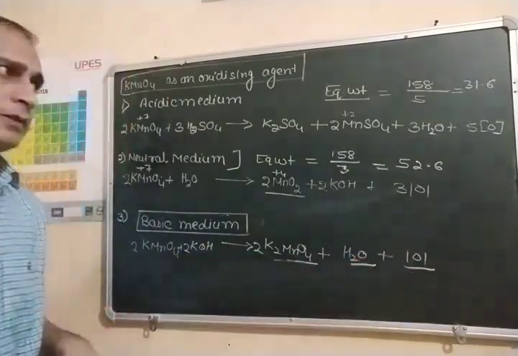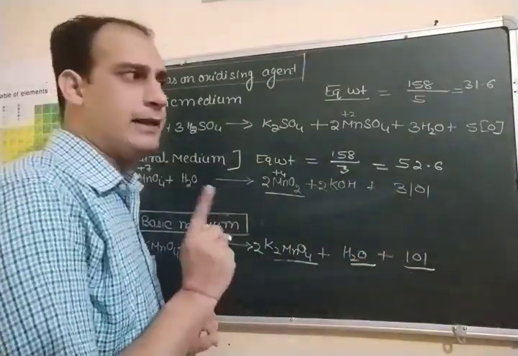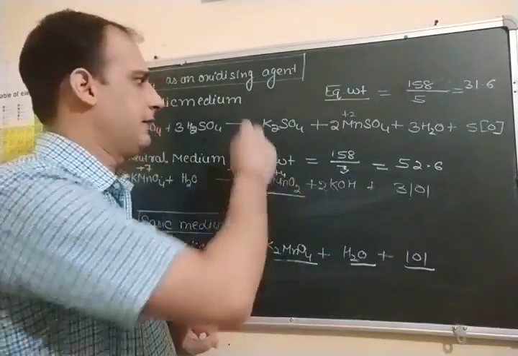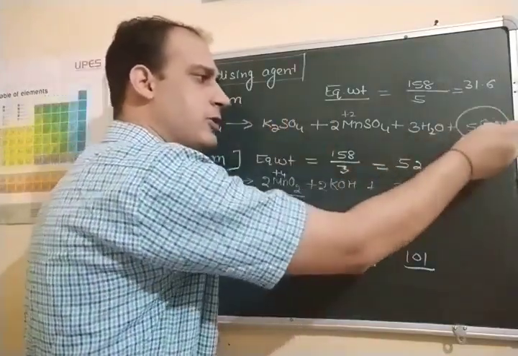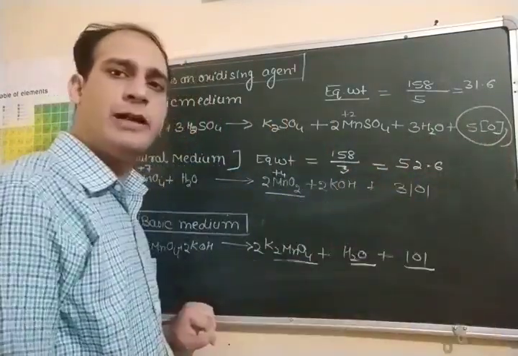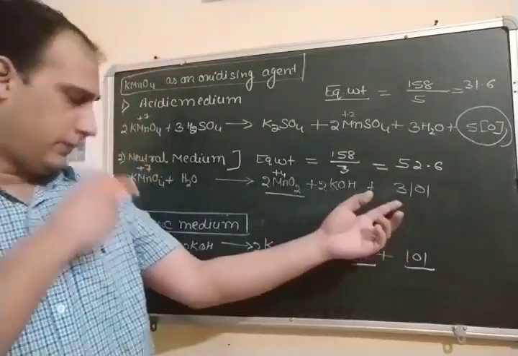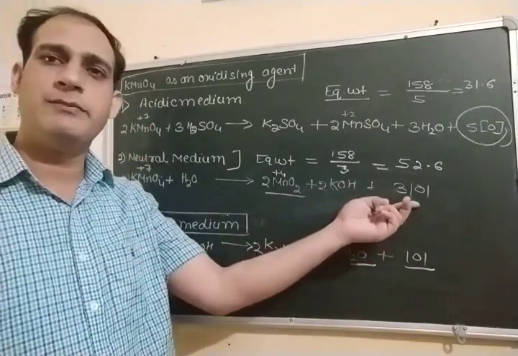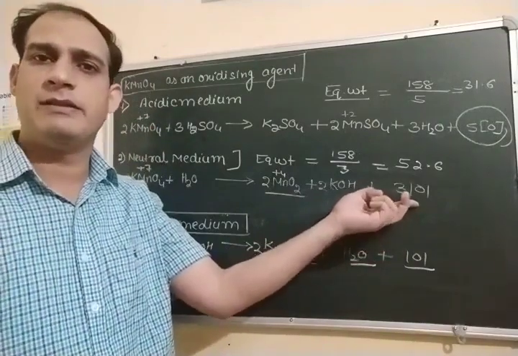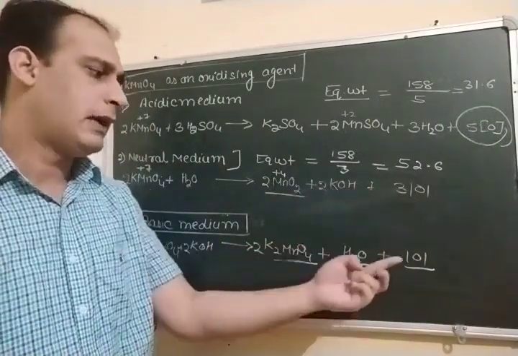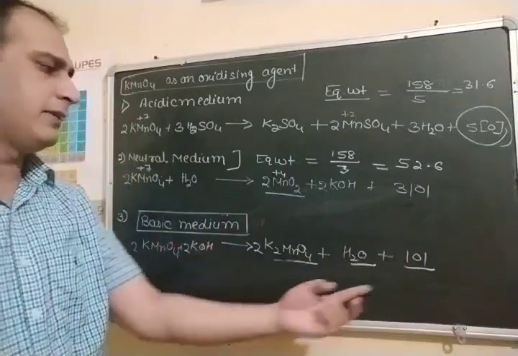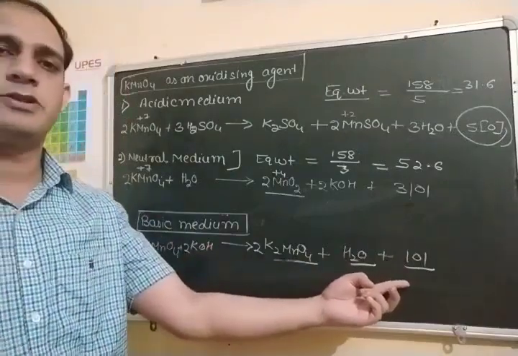So KMnO4 can act as a stronger oxidizing agent in acidic medium, as there is liberation of a maximum number of oxygen. 5 nascent oxygen यहाँ पे liberate हो रही हैं. जबकि अगर हम न्यूट्रल मीडियम की बात करें तो न्यूट्रल मीडियम में कितनी ऑक्सीजन लिबरेट हो रही है? There is liberation of 3 nascent oxygen. And if we talk about the basic medium, then in basic medium there will be liberation of only 1 nascent